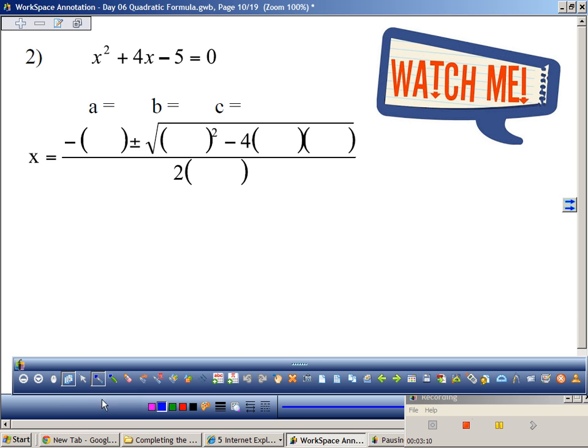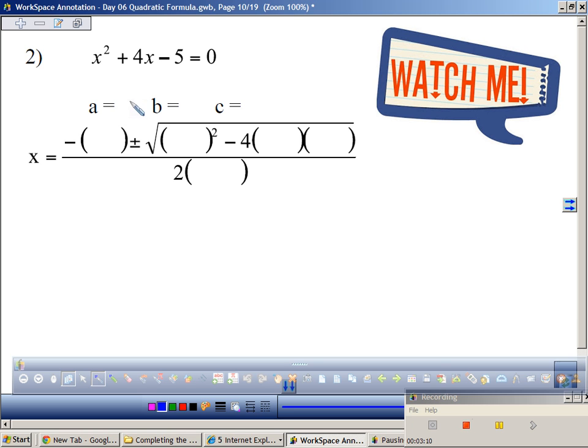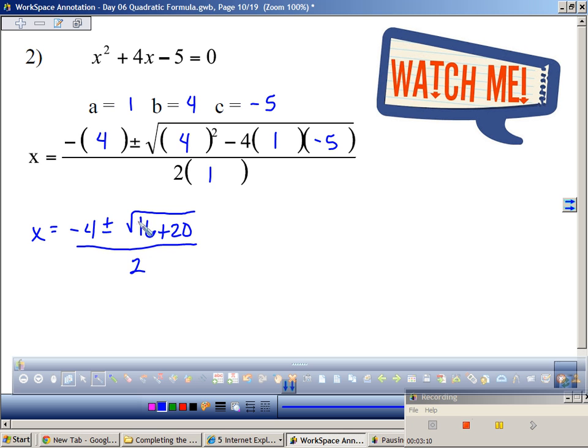Okay, watch me do it one more time. I'm just going to set it up and then I'll set you guys to go. So first I'm going to identify A as being 1, B is 4, C is -5. I'm going to begin with B. I have a B outside and inside, and A in the top and the bottom, and finally -5. So I get -4 plus or minus the square root of 16 plus 20 all over 2. This can be simplified to be X equals -4 plus or minus root 36